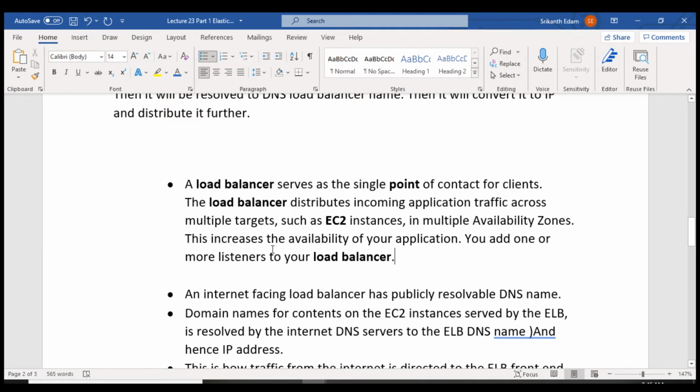By this it will increase the availability of your application. Availability means fault tolerance. You add one or more listeners to your load balancers. Load balancer listeners means whatever the incoming traffic, whatever the port, HTTP port, HTTPS port, will have a port number, we will have a listener. Whatever the port you have configured in the listeners, it will listen to the request and transfer the